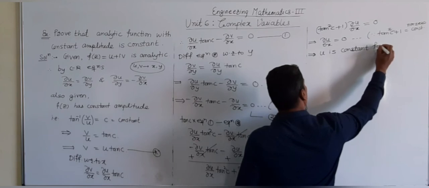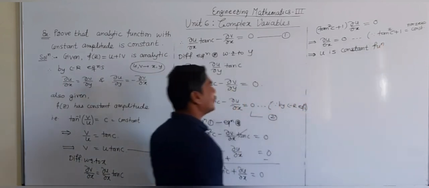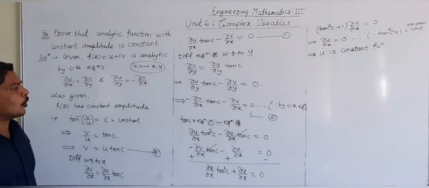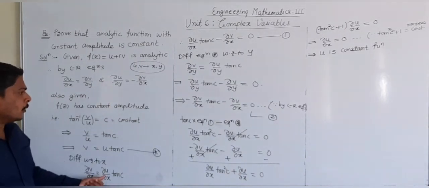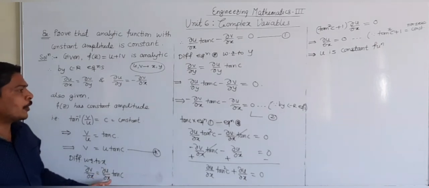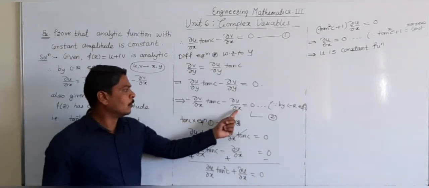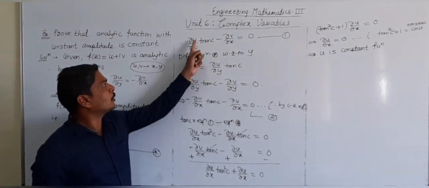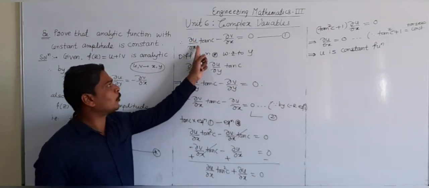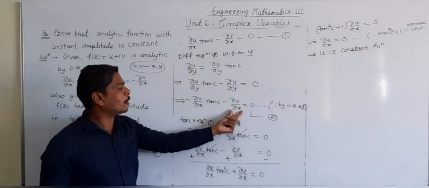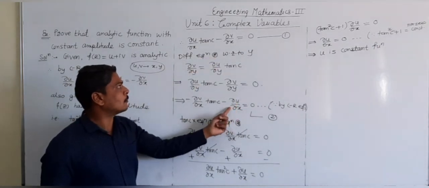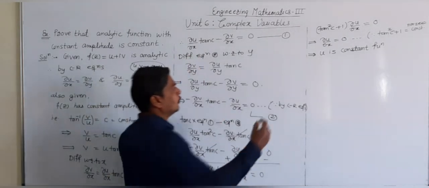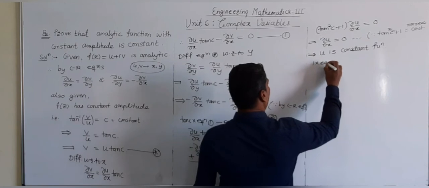U is a constant function. And now similarly, we can show that phi is also a constant function, and for that eliminate the partial derivative of u with respect to x term from equation 2 and equation 1. So in equation 1, the coefficient of partial derivative of u with respect to x is tan c, and in equation 2 the coefficient is 1. So multiply equation 2 by tan c and equation 1 by 1. So 1 into equation 1,